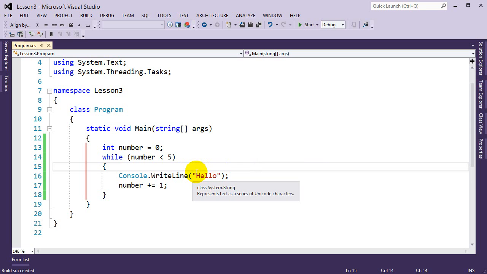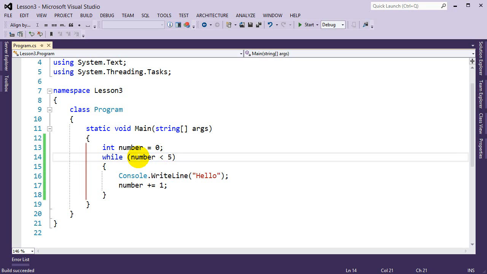Now, a while loop can handle any condition that evaluates to a true or false value. Since we're using the less than operator, that returns either true or false because we're doing a comparison. But it can handle all types of true and false values. So it can use anything that's less than, greater than, equal, or not equal, or it could even use the